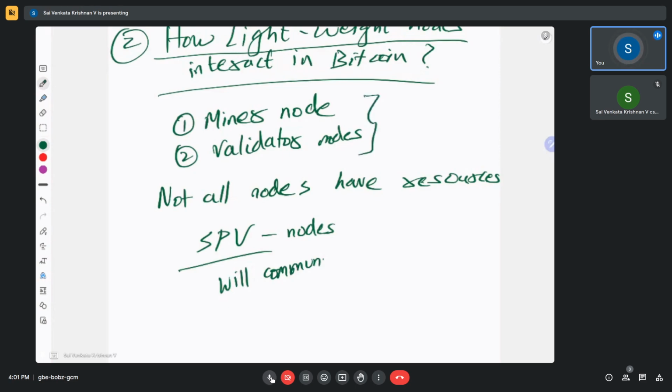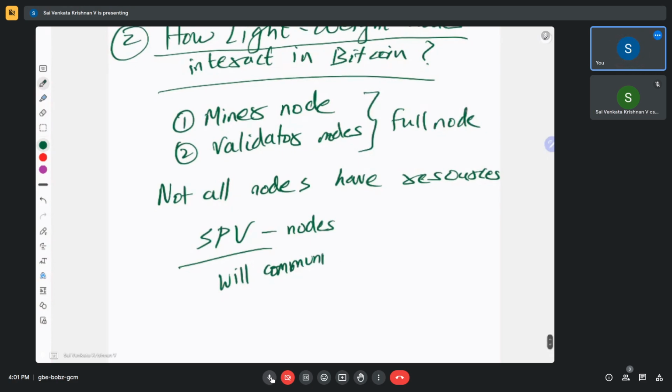So the miner and validator nodes fall under the full node category, as in they will store all the blocks in the blockchain and all the transaction details. And these SPV nodes will communicate with the full nodes, right? This SPV node will be part of your wallet software also. The wallet software might act as a lightweight node actually, and it will communicate